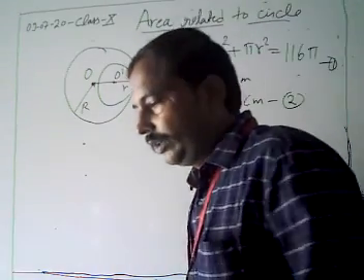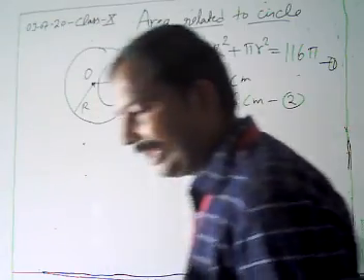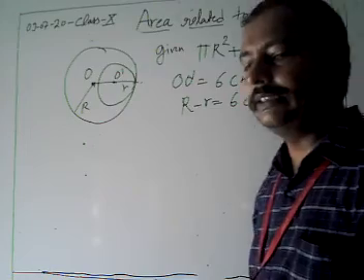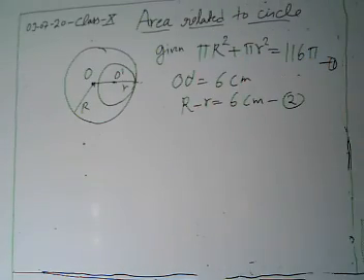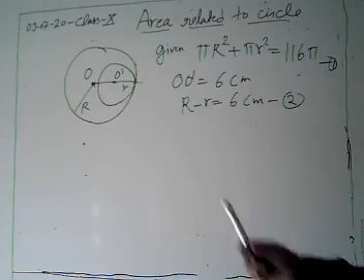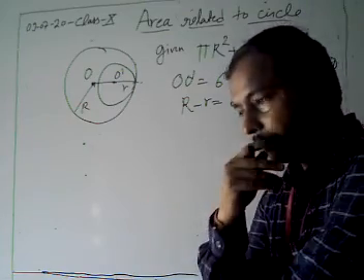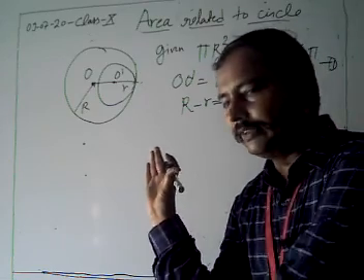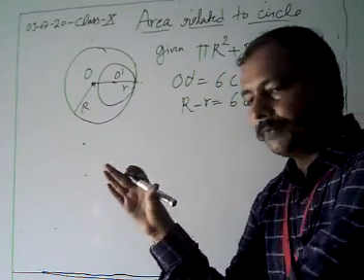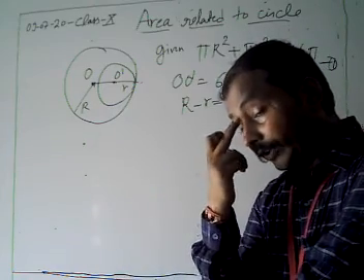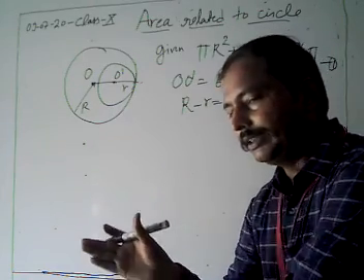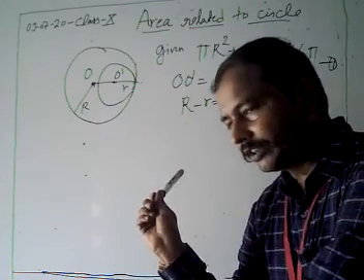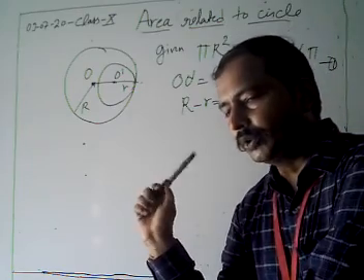Now what do we have to find here? We have to find the radii of the circles, meaning the values of capital R and small r. Now look, we have two equations. We have R minus r is 6 centimeter. Since we have the value of R minus r, we have to find out the value of R plus r. If we are able to find the sum of the radii, then using the elimination method or any method, because we get linear equations in two variables, we get the values of both radii.